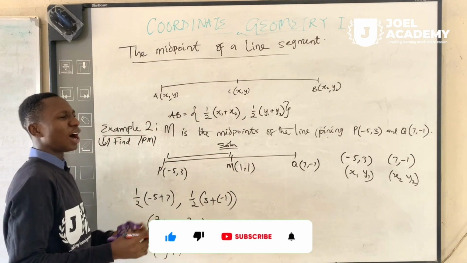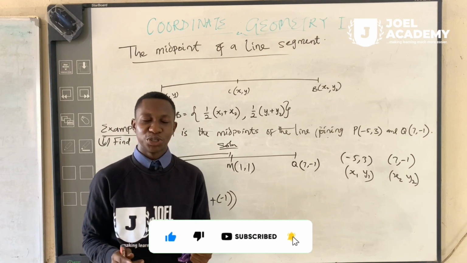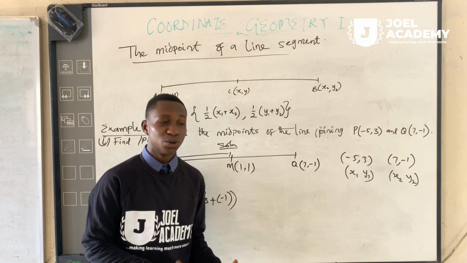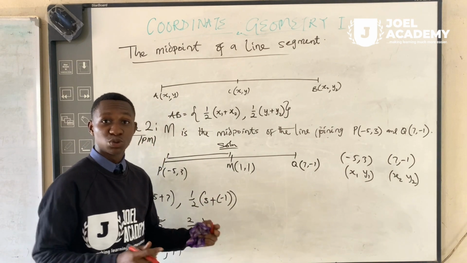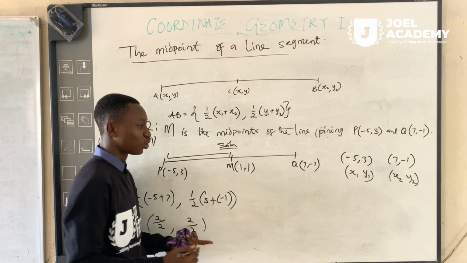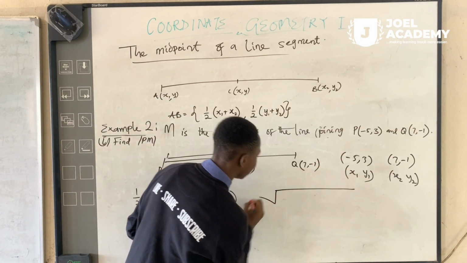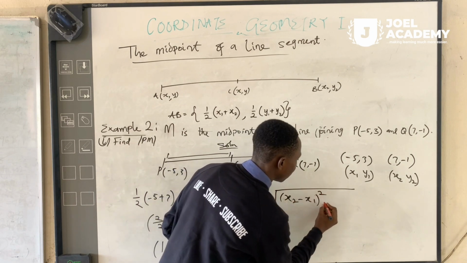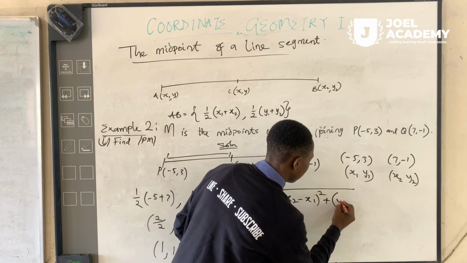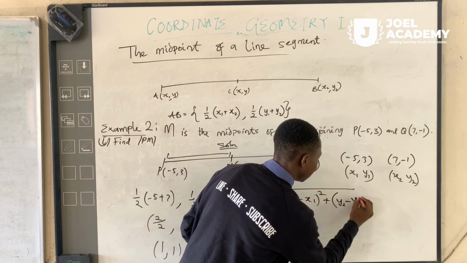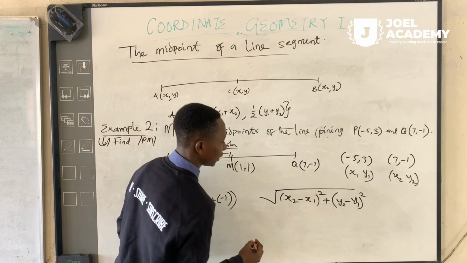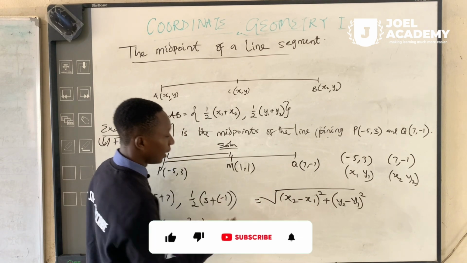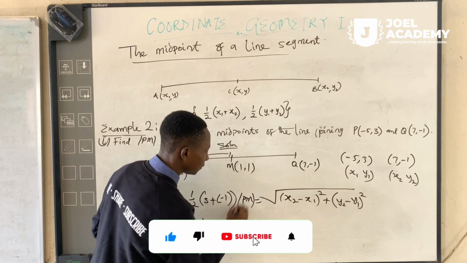If you could recall our formula, and if you are just joining the video, you can refer back to our previous video. We discussed the distance between 2 points, and the formula there is x2 minus x1 all squared plus y2 minus y1 all squared. All right, so for PM